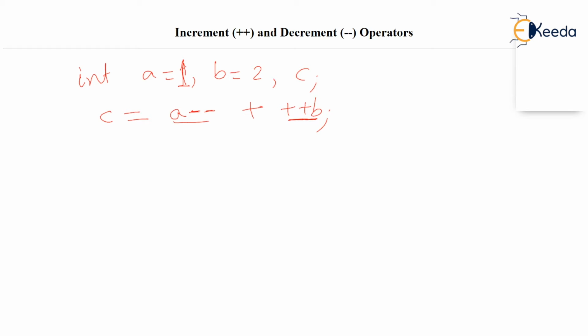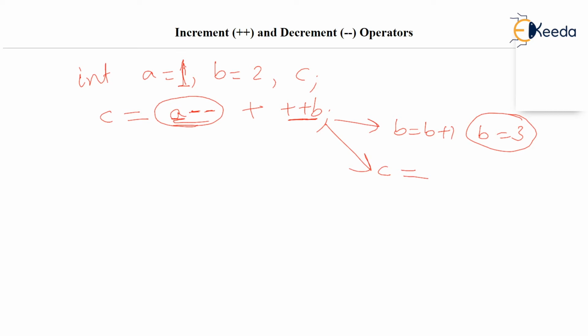So, first thing that will be solved is B should increase by 1. And the older value of B is 2. So, the new value will be B equal to 3. Now what? Now you just don't touch this. This will be after the expression. This is postfix. So you should solve the expression C is equal to, take these variables A, then take this basic operator plus, and then take this variable B.